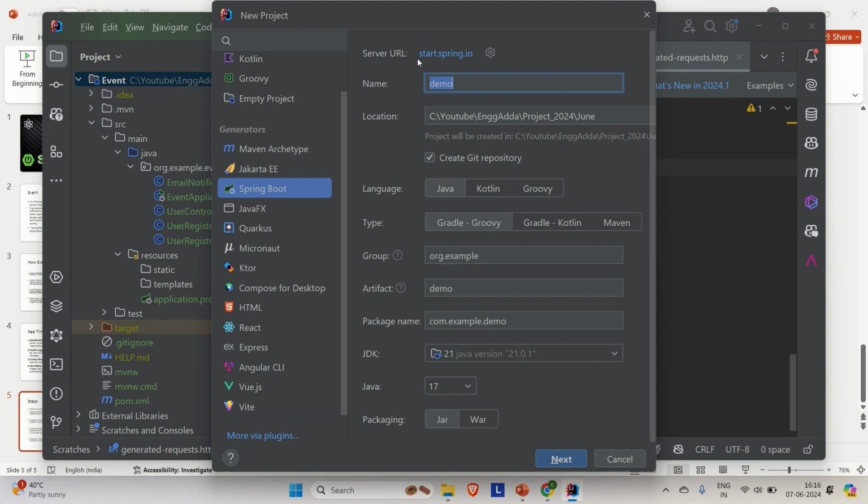So whatever IDE you are using, you can open up your project in that IDE and then start doing the development. So this is about the Spring Ultimate version. Now